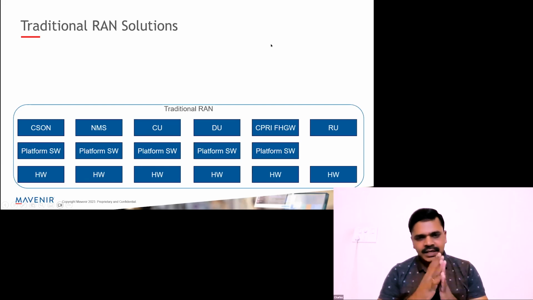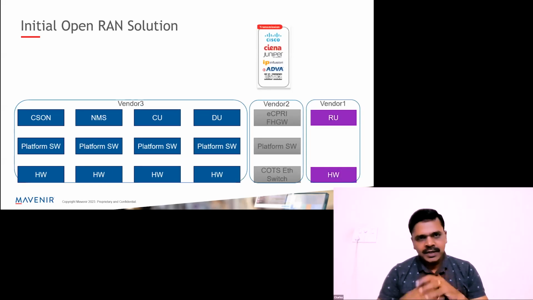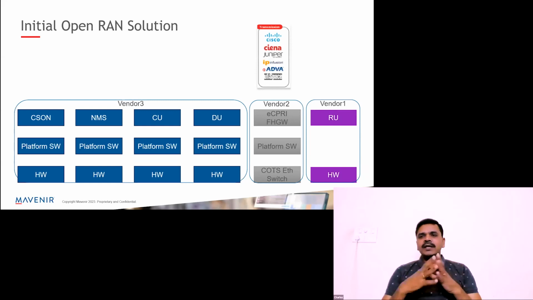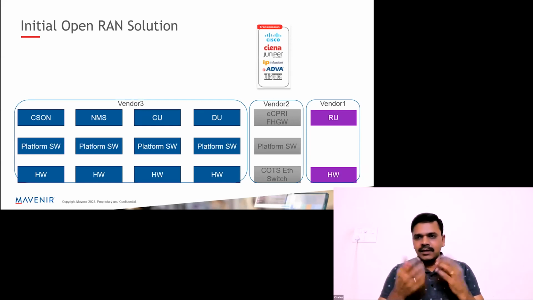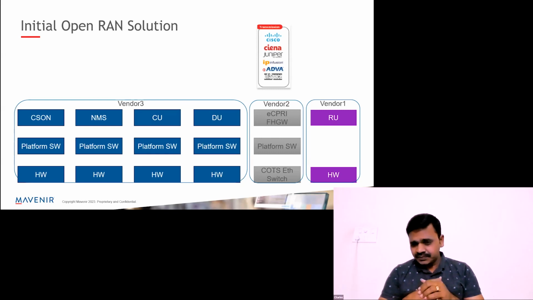The color code just indicates that all these hardware, platform software, and the applications are curated, and the combination is chosen by the traditional vendor, and the operator doesn't have too many options in terms of picking up what is right for them, what is suiting them with respect to their requirements, and so on. So this is the starting point from where Open RAN has started playing a big role in opening up this vendor ecosystem and making sure that the operators have a lot of flexibility in terms of picking